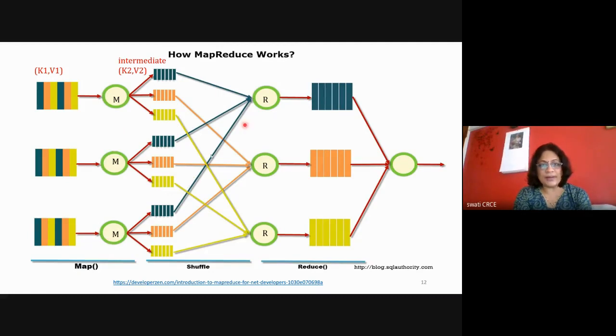They are shuffled by the shuffler and they reach one reducer. So this reducer will get the input as the key and a list of values. And the output of the reducer is another key value pair where the value 3 is some operation done on the list of values. I'm just repeating this again.